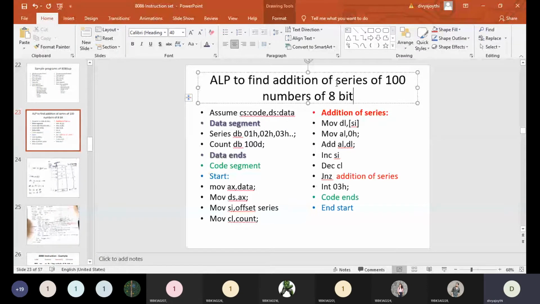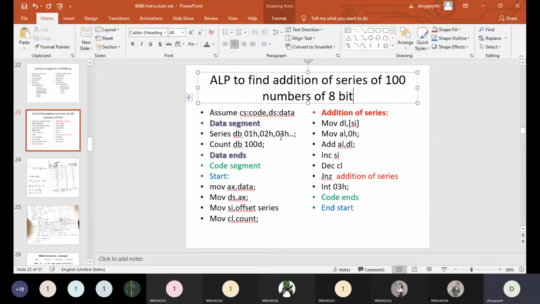See here, the data segment. Now I'm taking two variables. The first variable is series and the second variable is count. I'm assigning all those 100 numbers to the variable called series, and here I'm defining db. Why am I defining db?